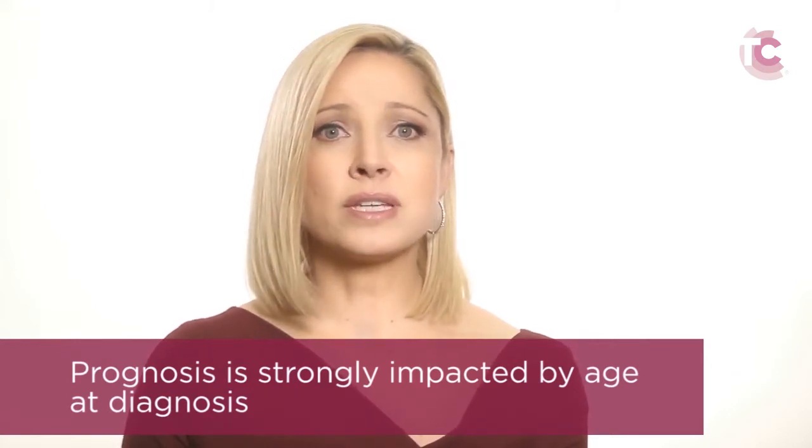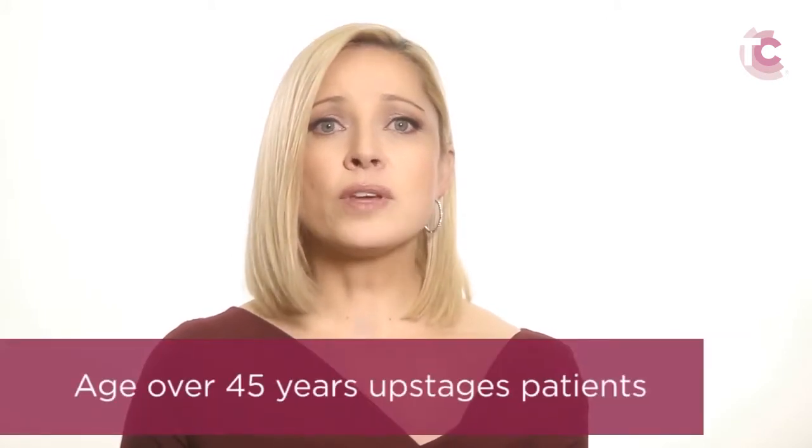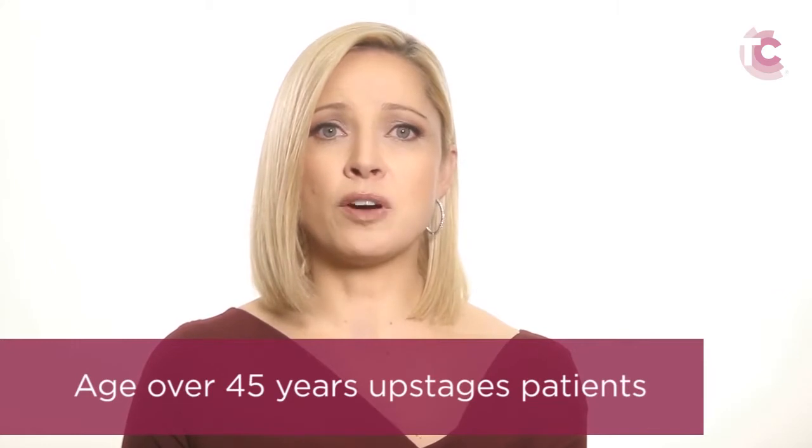So cancer staging takes age into account as well. If a patient is 45 years of age or older, he or she will be upstaged to stage 3 despite having the same size and degree of tissue involvement as a younger patient. Research has shown that older patients have additional changes in tumors that cause them to become more aggressive. Researchers are actively trying to identify what causes these changes and to determine if we can modify them to reduce